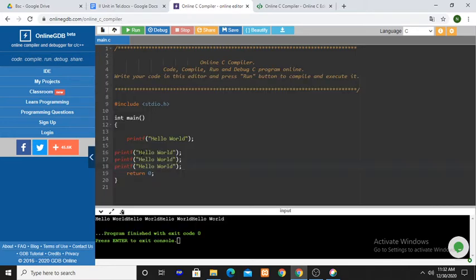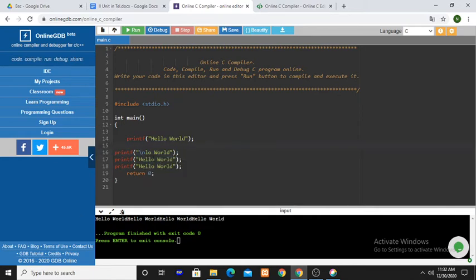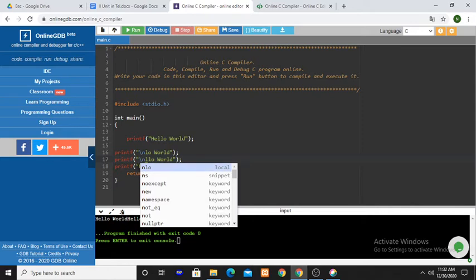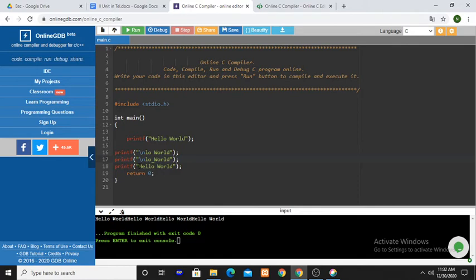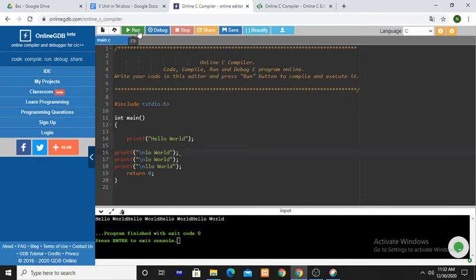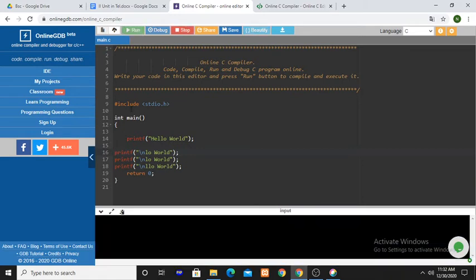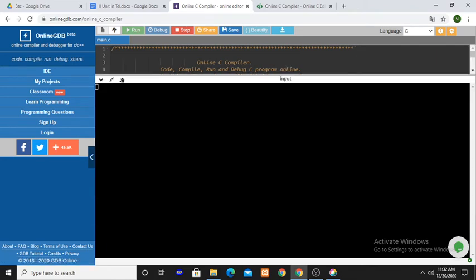Suppose I want to write the hello world statement 100 times, then you need to write 100 printf statements. If you want to display the hello world 1000 times, then you need to write it 1000 times.